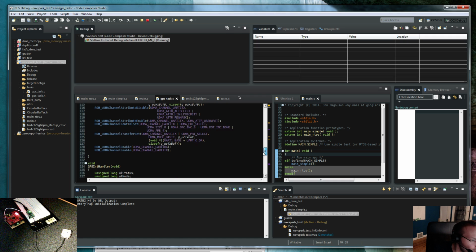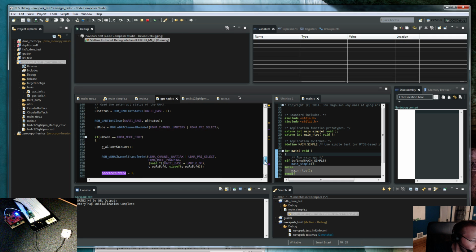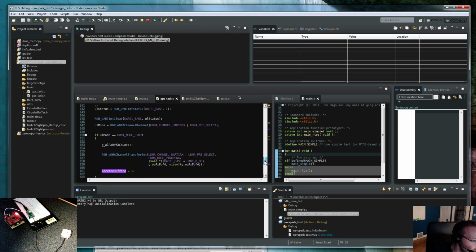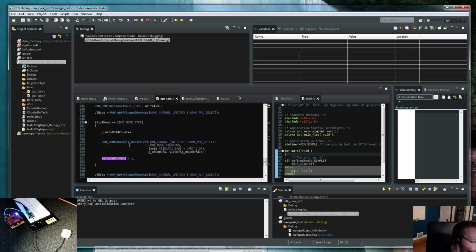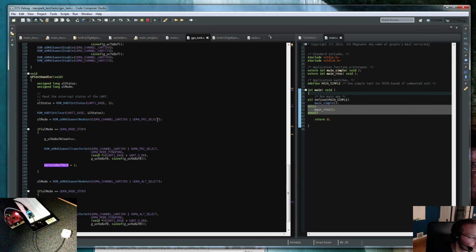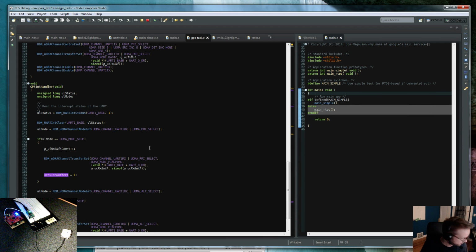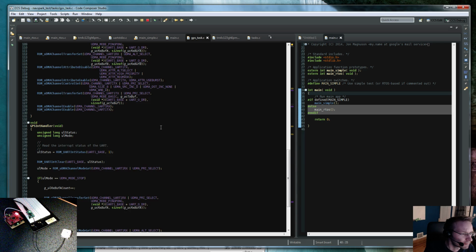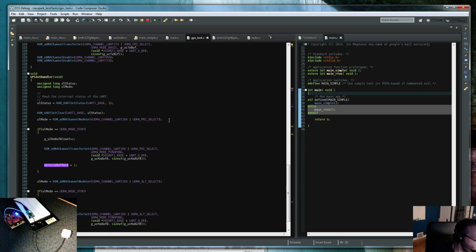Every time one of those ping pong buffers fills up, the interrupt gets called, and then since I'm doing this ping pong method, it first checks the A buffer, the ping buffer, to see if that's the